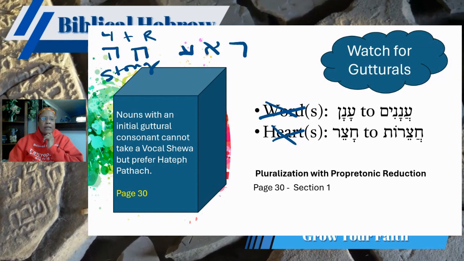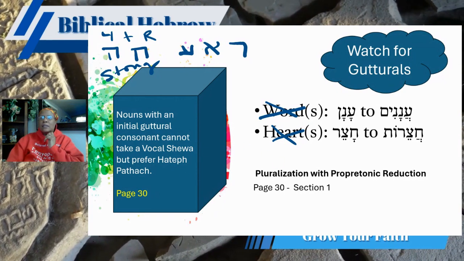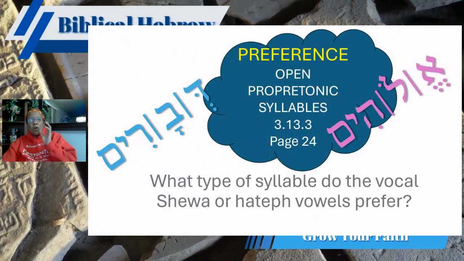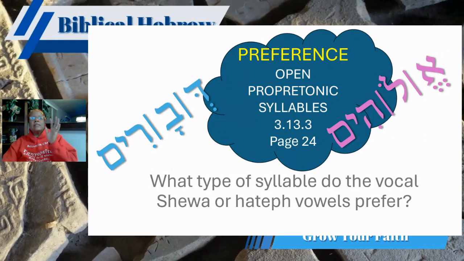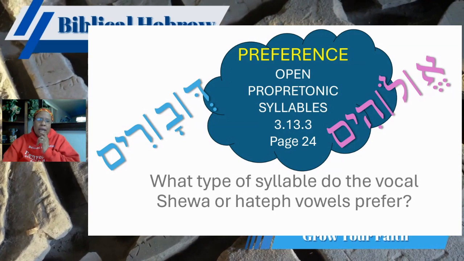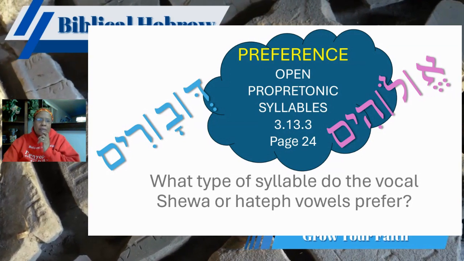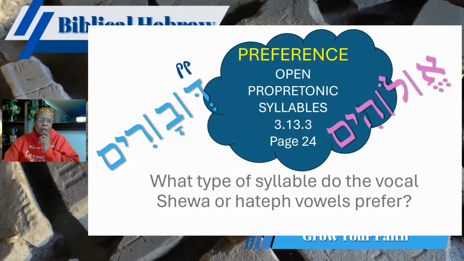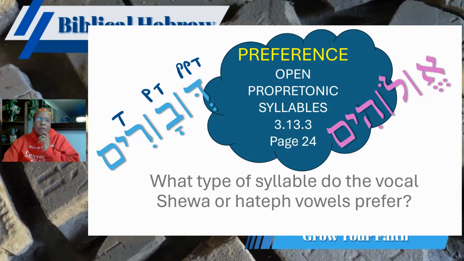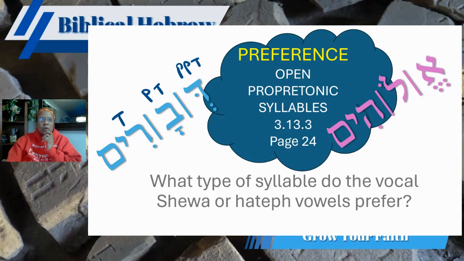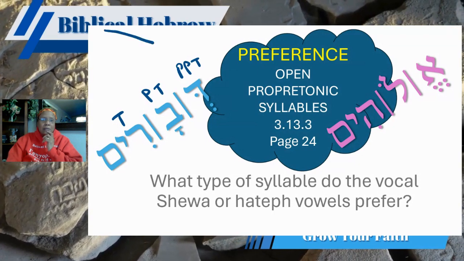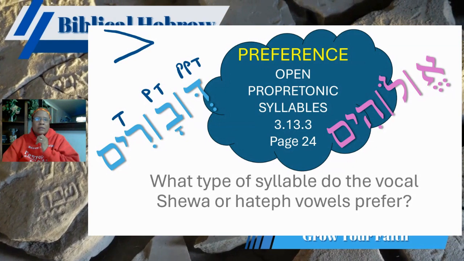Let's go ahead and remember what the preference is for gutturals. Okay, the preference for a propretonic syllable is that it's open. It's in an open propretonic syllable. So if we were to look at devarim, notice that this is the propretonic, this is the pretonic, and this is the tonic. Okay, the further away, the shorter it goes. So if you kind of think about it, it's a descent. The same though, it's going